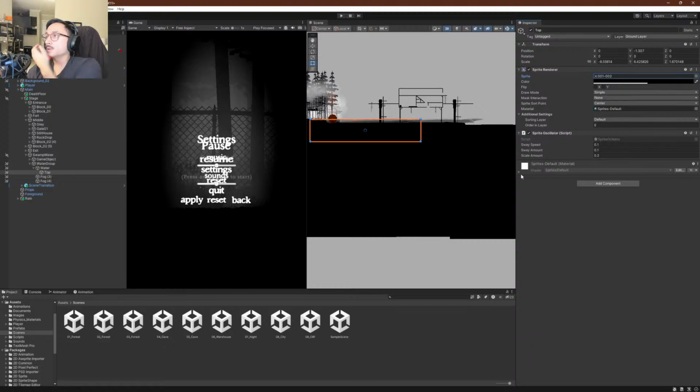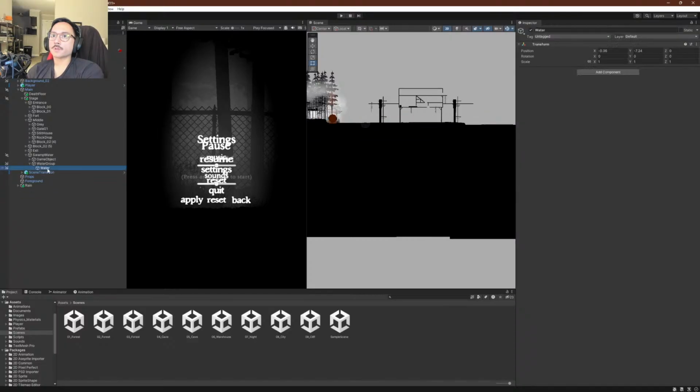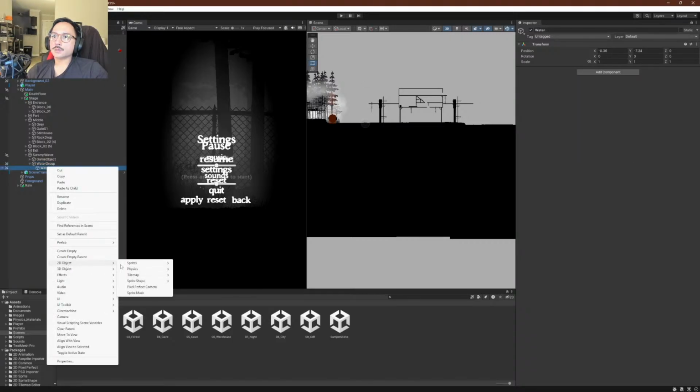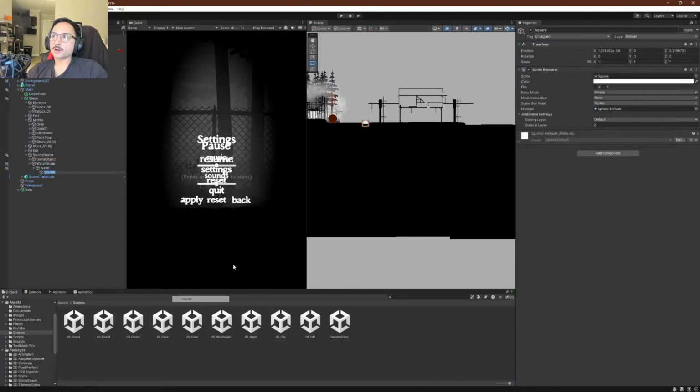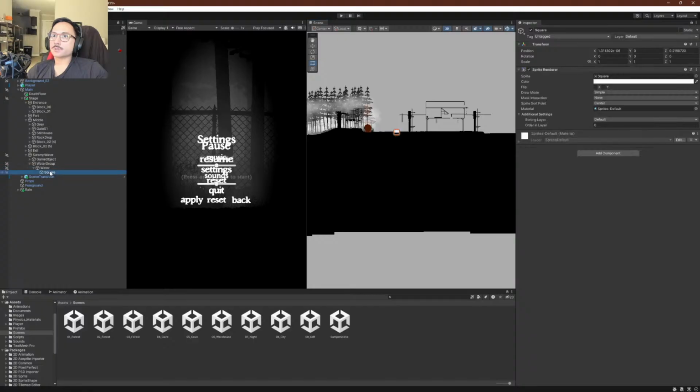I don't need a sway for just boxes, I don't think. So we're gonna get rid of all of this stuff. I know how to make the oscillator. We're gonna add a 2D object sprite square. So here's our square. Water. Renamed